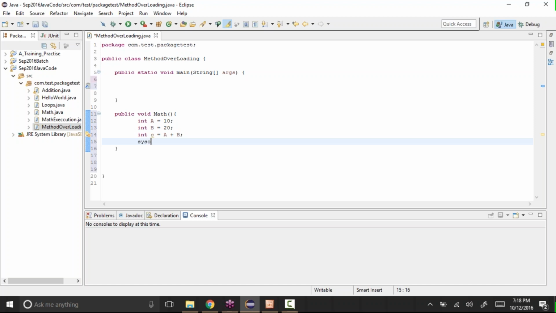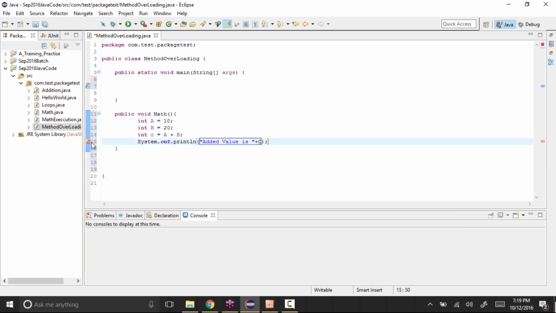I just want to display them, so System.out.println, added value is plus c. I'm just trying to display that value.